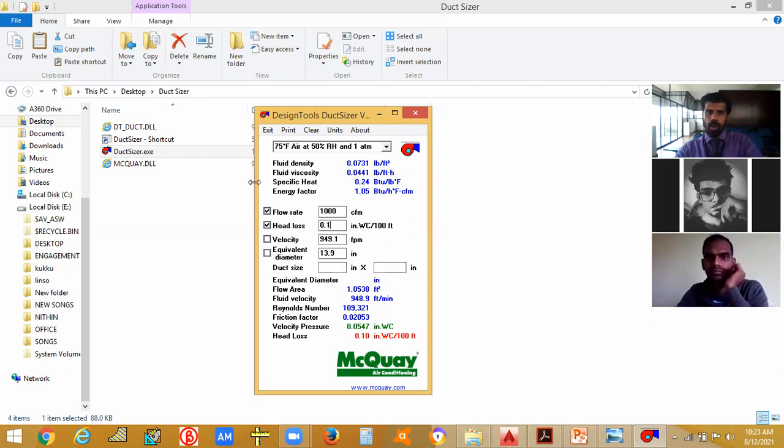let me see what is the duct size. So if I am giving 12 inch length or width, I get 13 inch height. So width should always be greater than the height. Okay, it's not necessary, but still. So if I am giving 9, one side is 9 and the other side is 19 inch.